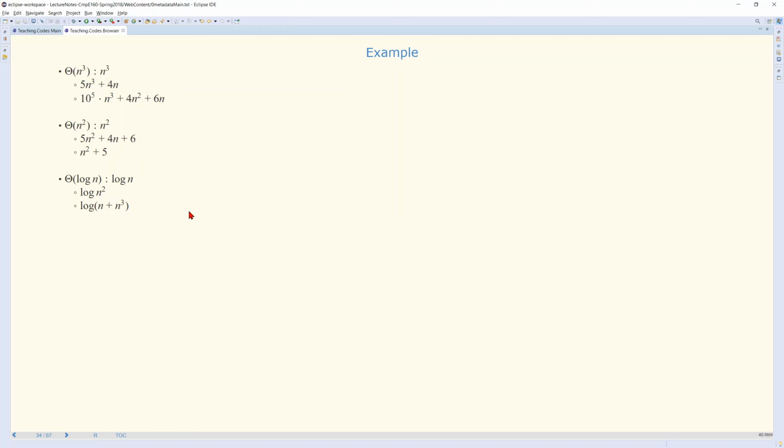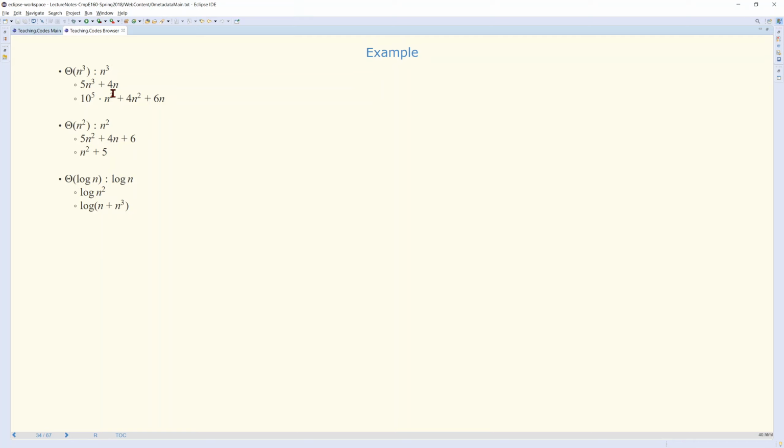Let's first look at the first group, the group of theta of n cube. An algorithm with complexity of n cube would be in this group. Another algorithm with complexity 5n cube plus 4n would also be in this group. Even an algorithm with 10 to the 5, which means 100,000, times n cube plus 4n squared plus 6n, even that would be equivalent to n cube, because we are